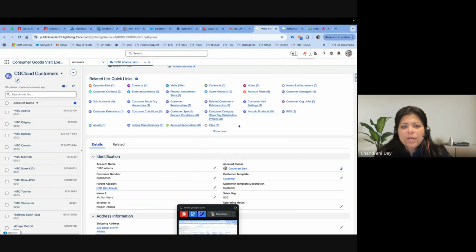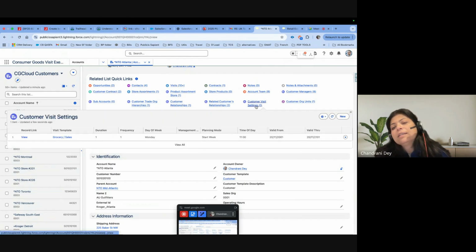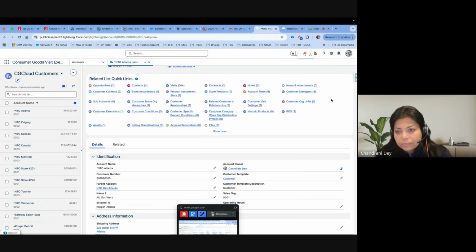You have trade org hierarchies. I have never used it, but this might be something that depends on the business whether you will use or not. Customer visit settings. Again, this is very important in account. This is also a feature that in turn controls a few features in mobile, and in web as well.